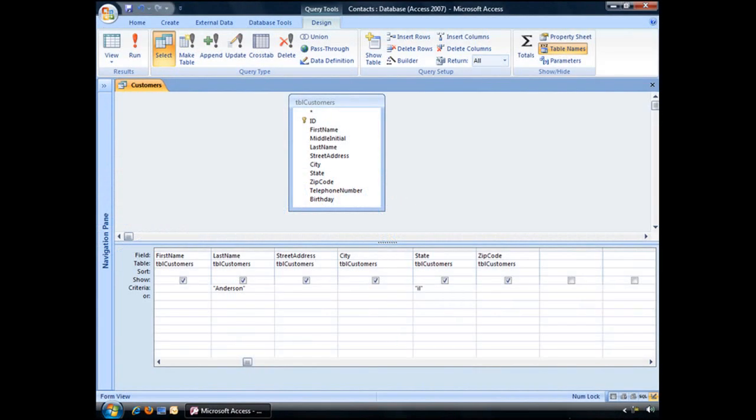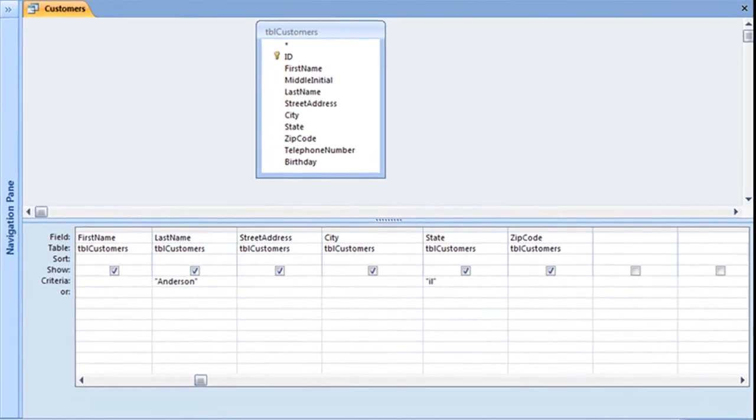Creating a query with searchable parameters is a great way to save time if your criteria will change every time you run a query. For example, let's say that when we run this query, we're always going to be looking up contacts by our last name and state. So rather than jumping back into the design view and changing our criteria, what we can create is what's known